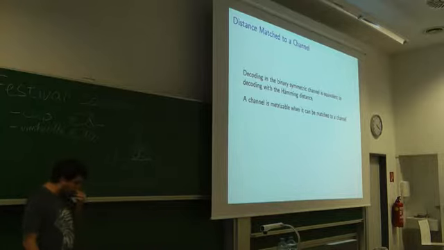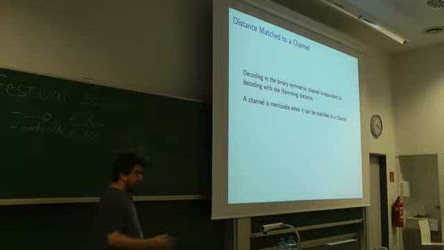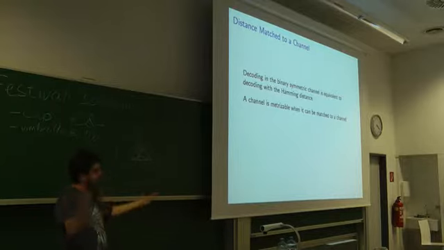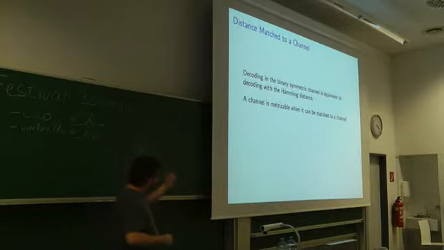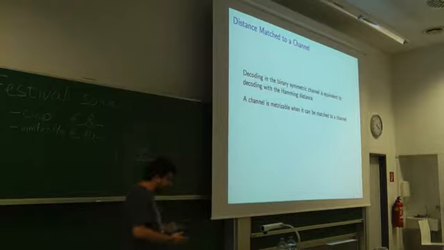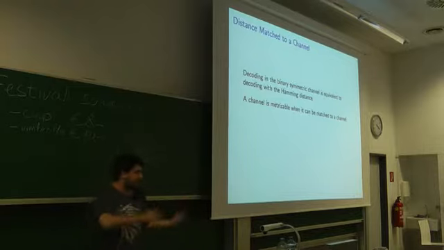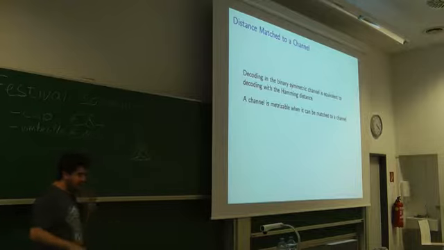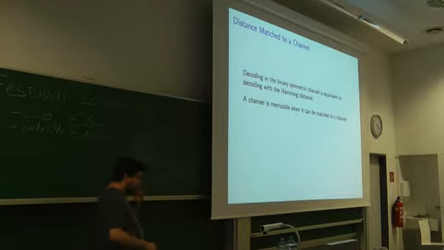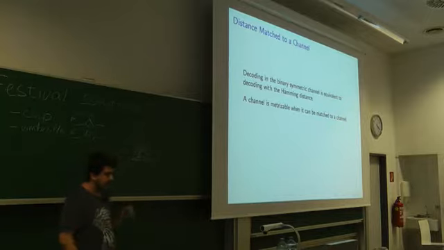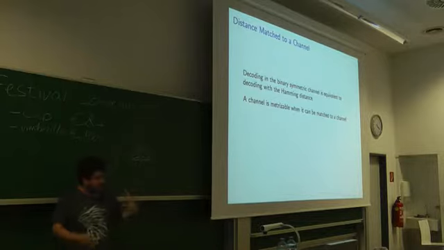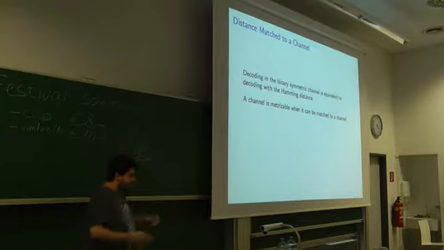So what I'm working with is looking at channels in general. The first question that you can have is, when is a channel in general metrizable? When can you do the same things for different channels? Because in many applications, you have different types of channels. In most real-world applications, the channels will not necessarily be a binary symmetric one. And if you can find a metric for your channel, you will have access to all these geometrical tools for making better codes, as is done with the Hamming metric.